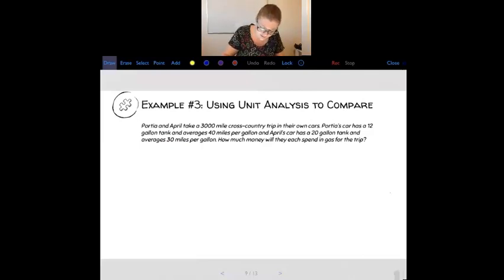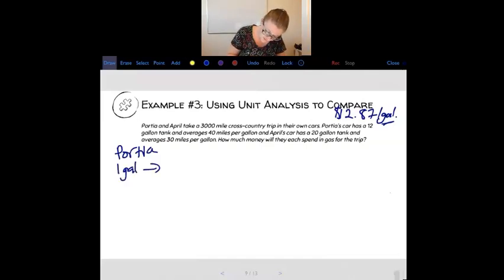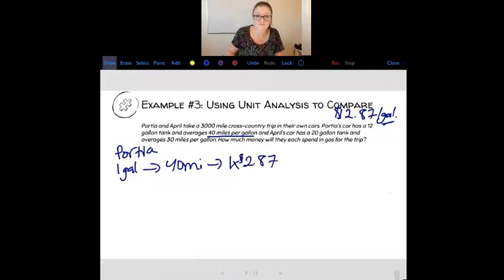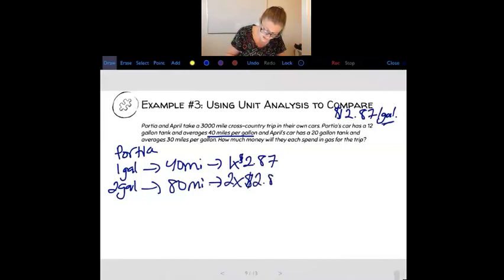So let's say gas, I think it's about $2.87 right now. So we'll use that. So $2.87 per gallon. It's important that you know that this is per gallon. Okay. So let's talk about Portia for a minute. We'll start with Portia. And we'll draw a table. So on 1 gallon of gas, Portia can drive 40 miles, which means that she would spend 1 gallon times $2.87. On 2 gallons of gas, Portia could go another 40 miles, which would be 80, which means that she spends 2 times 2.87,